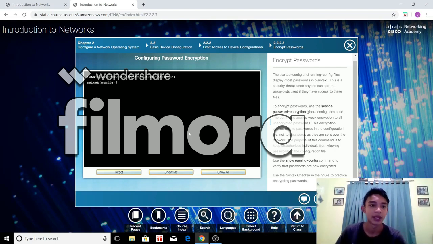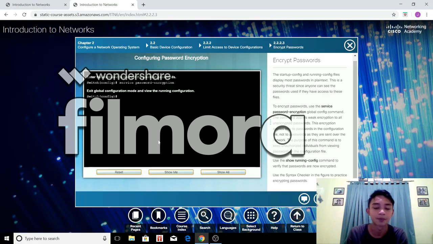Let's proceed. Enter the command to encrypt the plain text password. Switch config, service password encryption. To encrypt the password, use the service password encryption global config command. The command applies weak encryption to all unencrypted passwords. This encryption applies only to passwords in the configuration file, not to passwords as they are sent over the network. The purpose of this command is to keep unauthorized individuals from viewing passwords in the configuration